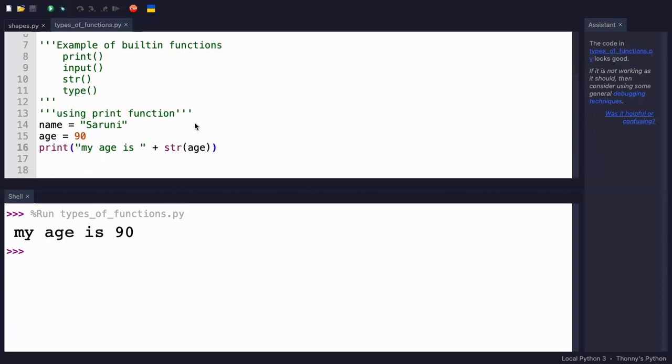And that is how all the other built-in functions work. You don't really need to know how they are implemented, their logic. What you need to know is if we pass in this particular kind of data, it is going to give us this output. So in the next session, we look at user-defined functions,